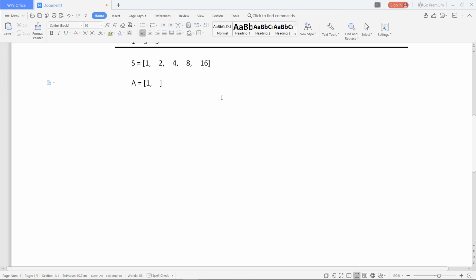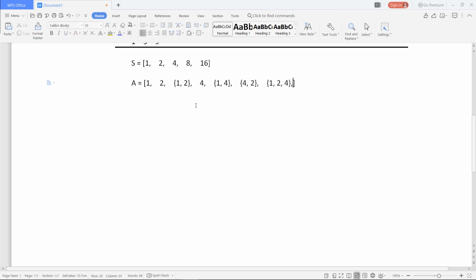For 2, since 2 is already there, we will just take 2. For 3, we will take 1 and 2, such that their sum is 3. For 4 it is already there, and for 5 we will take 1 and 4, and for 6 we will take 4 and 2. For 7 we will take all three numbers, 1, 2 and 4.